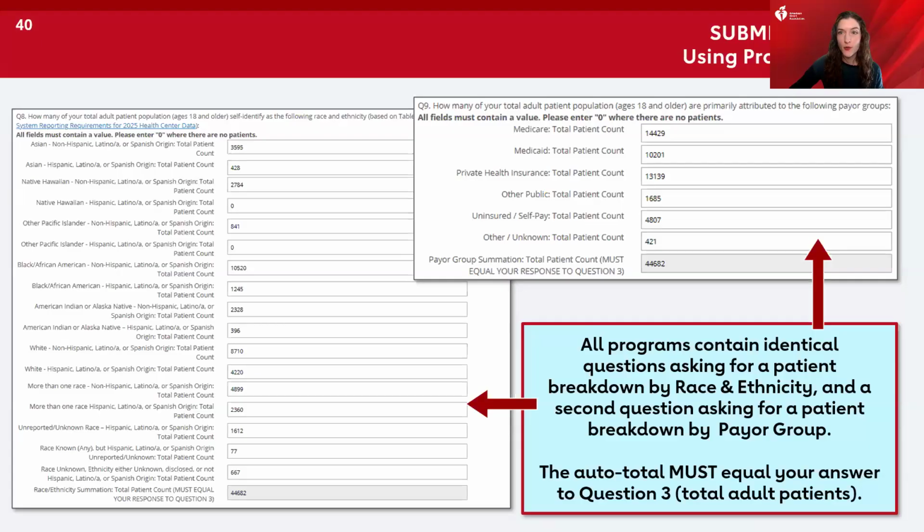If it does not equal the answer to question 3, it's going to create an error that'll keep you from saving your form. If you need to find what's causing the error, you need to go back and figure out why the math isn't working. You can just delete one of the rows that'll let you save the form and come back later once you get the details straightened out.